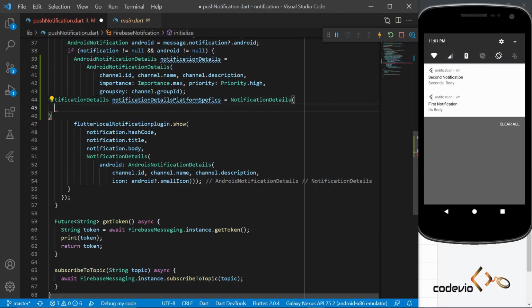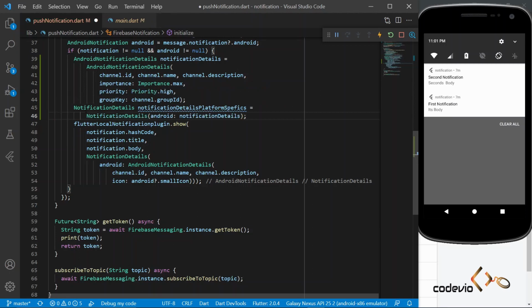Then we must give some properties to it. Let's give the Android property, which is the property that we have just created above. We will create the notification details, and we must pass these details to our Flutter local notification plugin's show method.